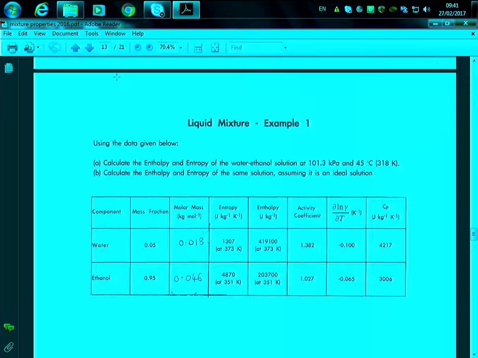Water. Okay, for water. Okay, so you're adding the amount of the